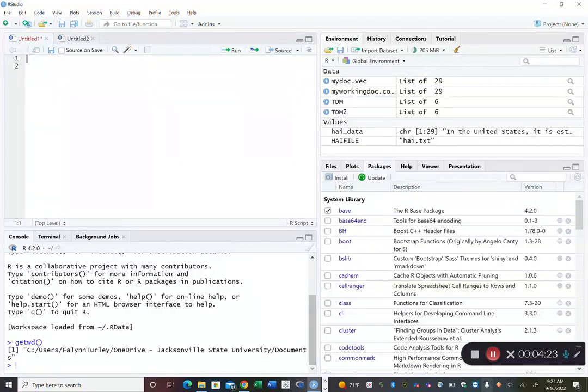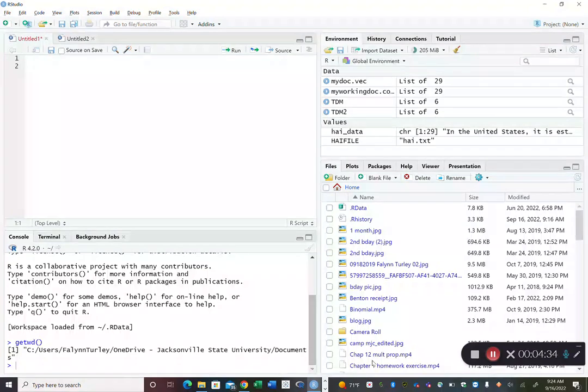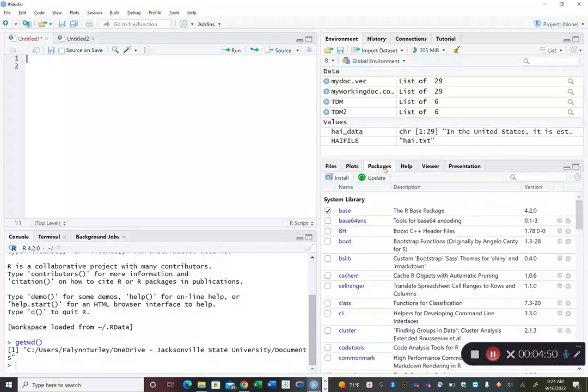Down here is your packages or the files console, and this is where you can see the files that you've imported or that you have access to. Actually, that's a receipt for my orthodontics, so I've never imported it, but these are the files I have access to through my working directory. And I don't really use many of the other tabs except packages. Every now and then,